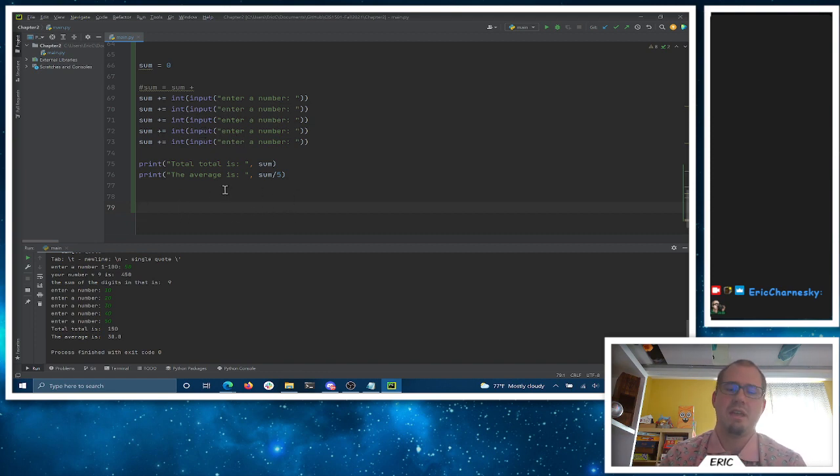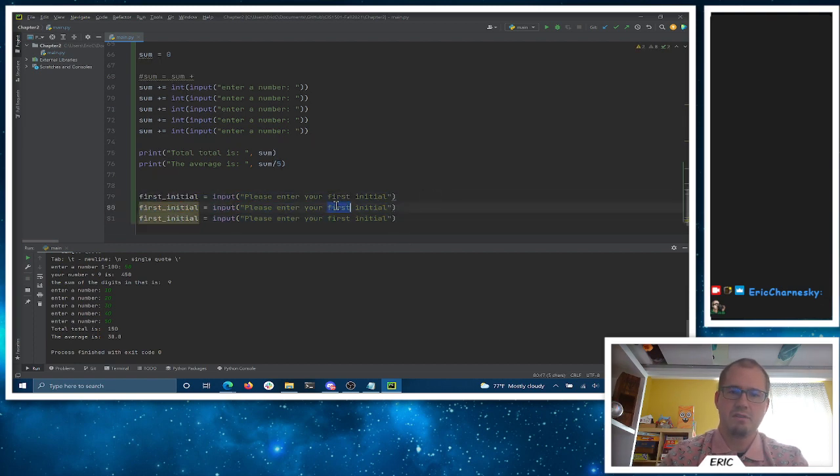So if we ask the user, let's say, first letter is going to equal an input of, please enter your first initial, right? And then we'll do their middle initial and their last initial. So first, middle, and last.